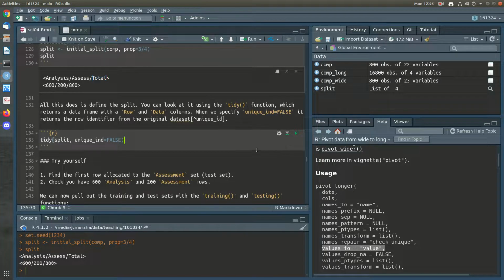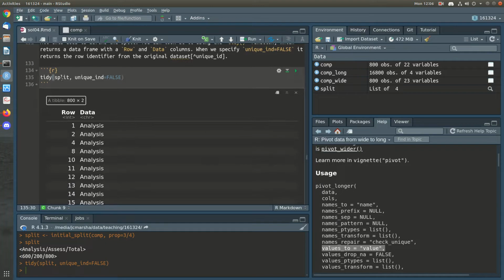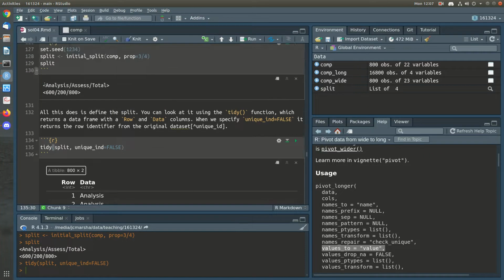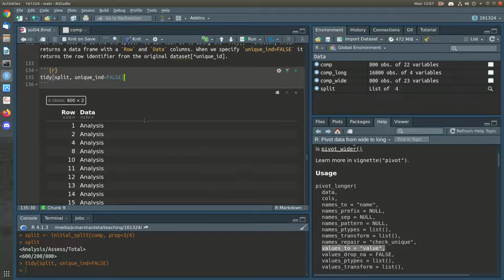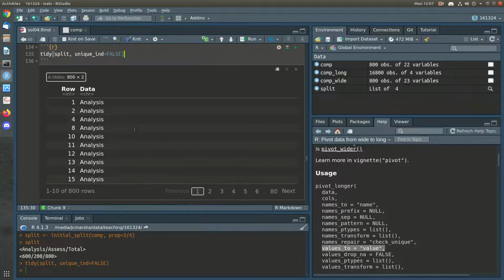Now we can look at it by using the tidy command. The tidy command is a generic, part of broom, and it can apply to many different types of objects. In this case, it just tells us which rows are in the analysis set and which rows are in the assessment set. So you can see that rows 1 and 2 are in the analysis set, rows 4, 8, 10, 11, 12, 13, 14, 15, etc. are in the analysis set, and of course eventually if we go down to row 600 or whatever,